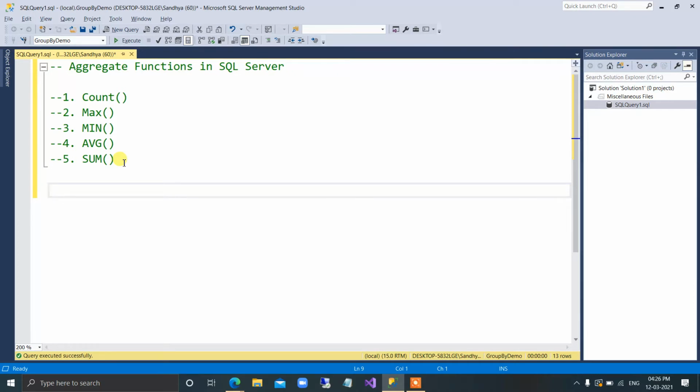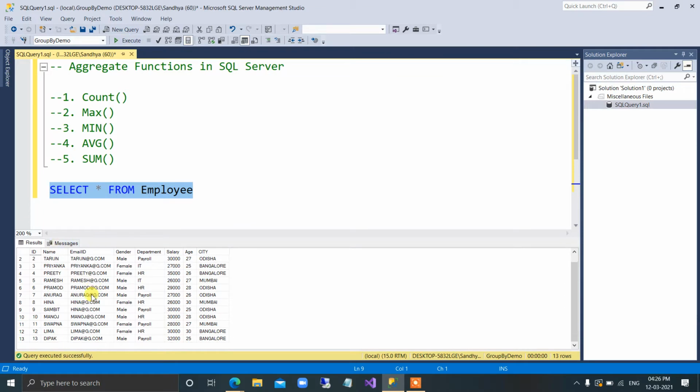So let's find out the total number of rows present in the employee table. How can you do that? You will write select star from employee. Okay, you will select it and execute it. So you get 13 rows. If there is a limited number of records, we are able to scroll down and see. If there are plenty of records, then you can find out by using the count aggregate function.